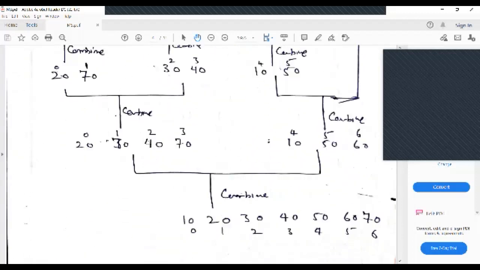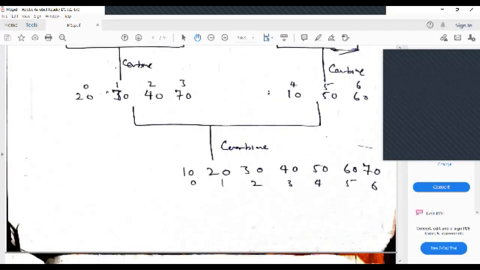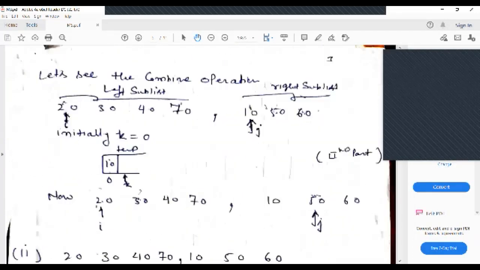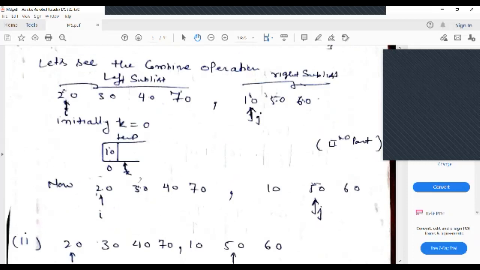ठीक है, now the important thing is that here you must know कि how this combine is working. तो अब हम देख लेते हैं कि how this combine algorithm is working, because this combine is the main procedure which is sorting the actual data and putting it into the temporary memory. Suppose that temporary memory is nothing but your sorted array. ओके, ठीक है, तो अब देखते हैं कैसे कंबाइन वर्क करता है. यहां तक समझ में आया, फिर देखते हैं कंबाइन कैसे वर्क कर रहा है.